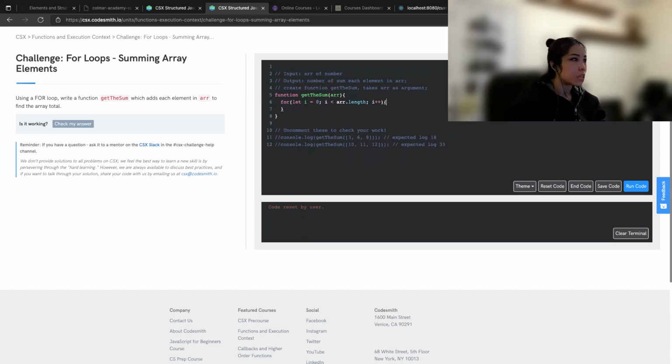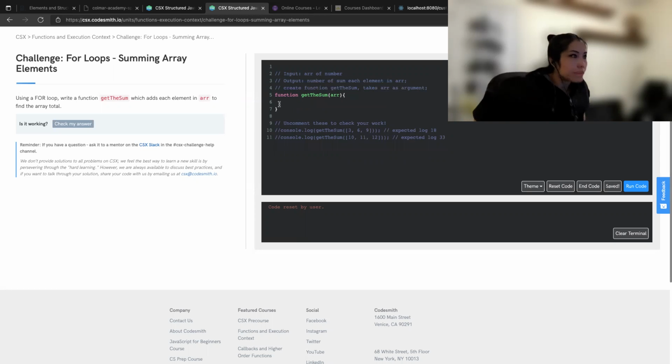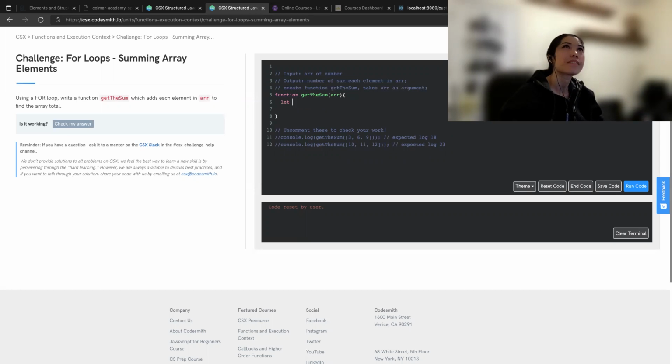So, okay, let me see. Let me try. I'm going to use reduce this time. Okay, they just want us to use a for loop, so can I use reduce? So I'm going to create an initial variable. Let's write pseudocode first. Declare a variable result. We set it to an empty array, and